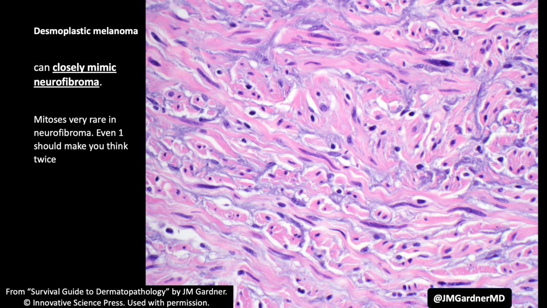Immunostains are not terribly helpful there. So if you see what looks like a neurofibroma on sun-damaged skin, which I see regularly in older sun-damaged people, but if you start seeing atypia, be very careful. Look around. If you find even one mitosis in something that looks like a neurofibroma and it's on sun-damaged skin, you should really think twice because mitotic activity is very, very low in neurofibromas. So mitoses are going to be your most helpful clue, or if you're lucky, you'll find a melanoma in situ